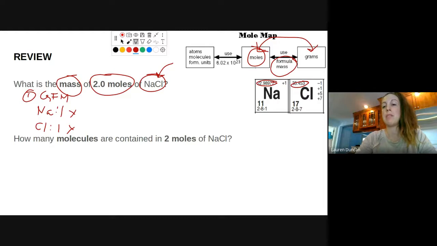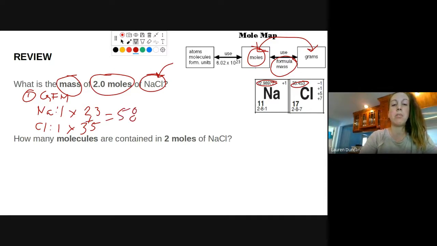So sodium's mass of 22.98977, when rounded to the nearest whole number, is 23. Chlorine's mass of 35.453, when rounded to the nearest whole number, is 35. And when I added that together, the sodium and the chlorine combined, it comes out to 58 grams per mole. Okay, so that's step 1, is to get the GFM, and that tells us the mass in grams per